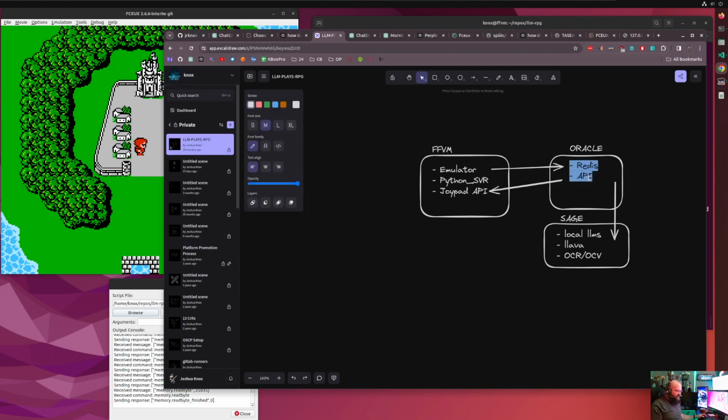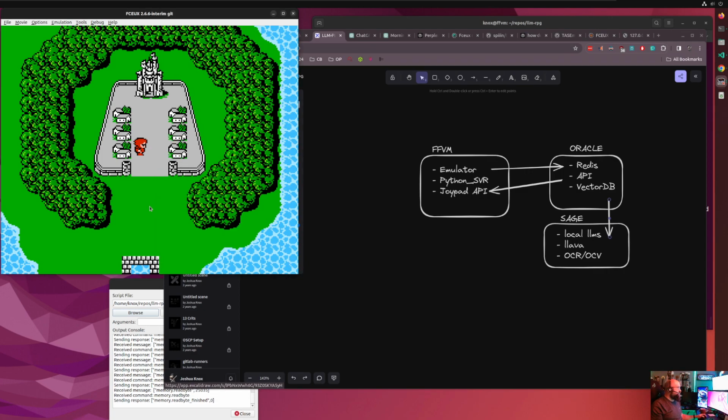Oh, and I have Redis and I have an API, but eventually we're gonna need a vector DB too. And depending on how much juice the vector DB needs, I may have to put that in another server, which is fine because I've got a ton of compute here at home. I got a whole rack in the other room, so we'll be fine building that out. But we very well may need to also put in a vector DB to be able to store embeddings of different things that we're learning, to be able to hand those to the